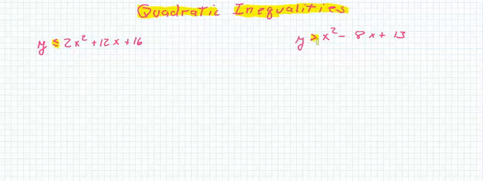All right. If it's greater than, we use the dashed line. If it's less than or equal, greater than or equal, we use a solid line. All right, let's begin. Just like we did before, minus 16,